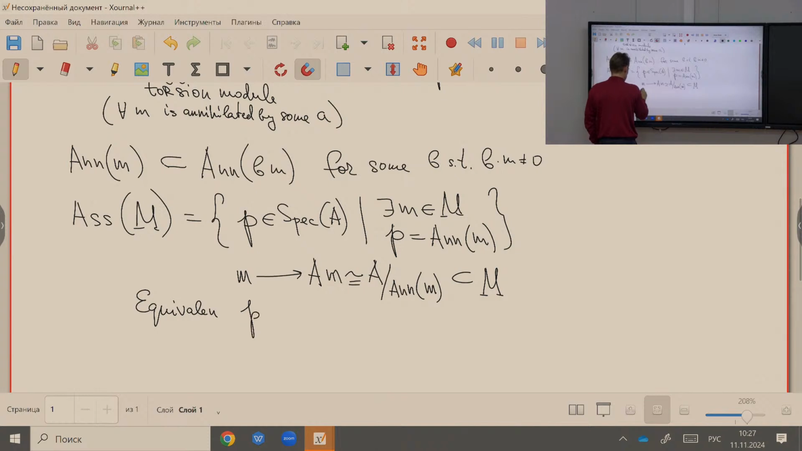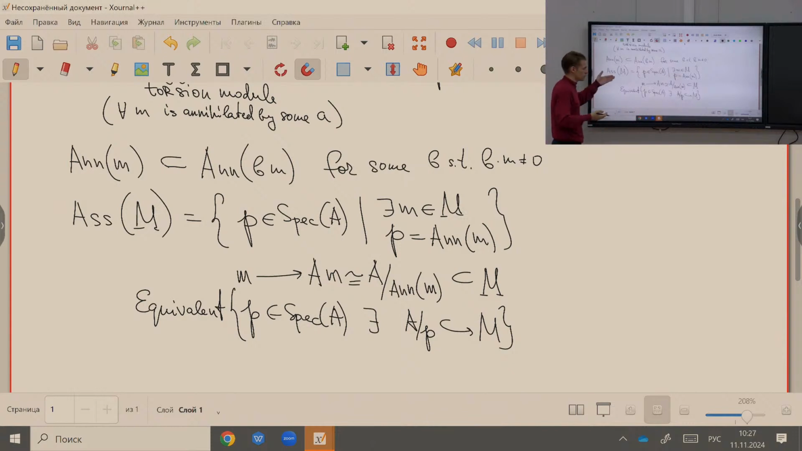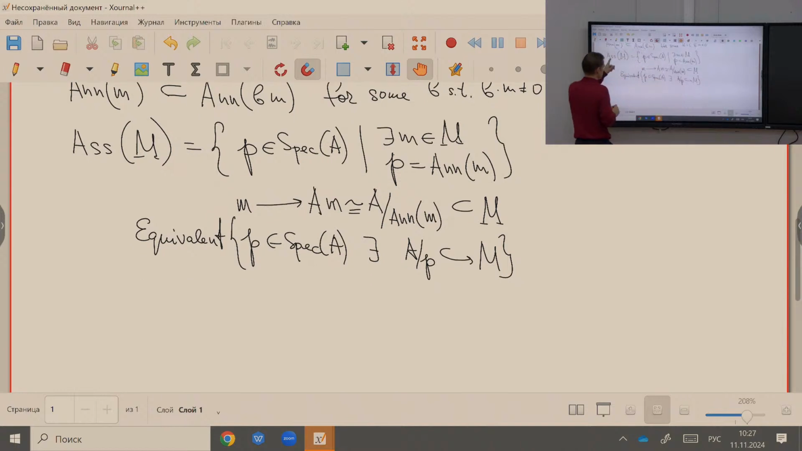So these are such primes P in the spectrum, such that there exists an embedding A mod P inside them. Yes, so this inclusion. And I want to briefly prove that, so what is not evident about this set is that it is not empty. So the claim is that if A is Noetherian, even for an arbitrary module M,